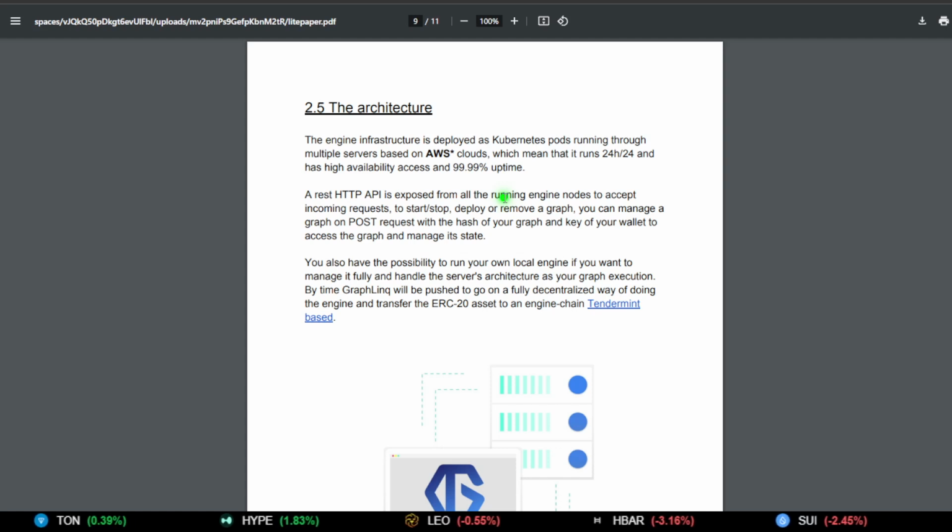And has highly available access, a 99.99 uptime. Guys, I really don't think that this is a value proposition that we should be thinking positively about here in the Web3 space. This is a very typical Web 2 backend solution. And yes, you might think there's 99.99% uptime. However, it's centralized on a company, and that company is also dependent on the fact that somebody's paying their bills.